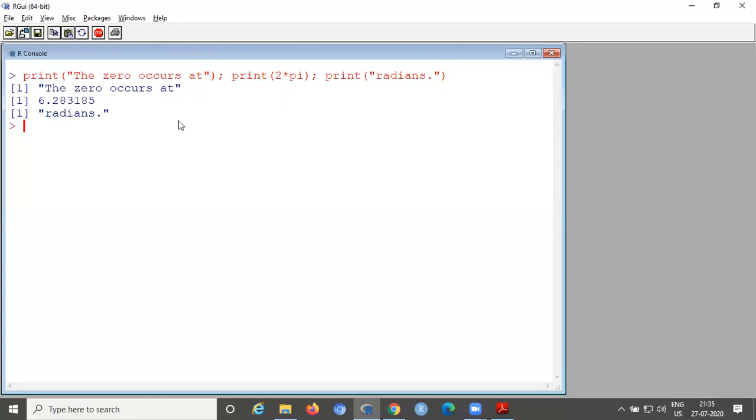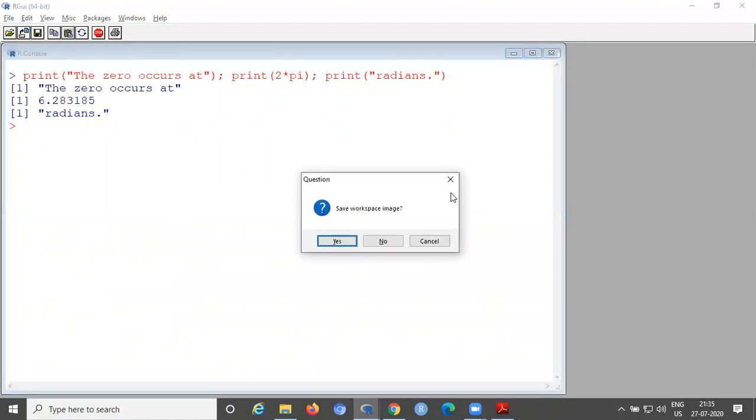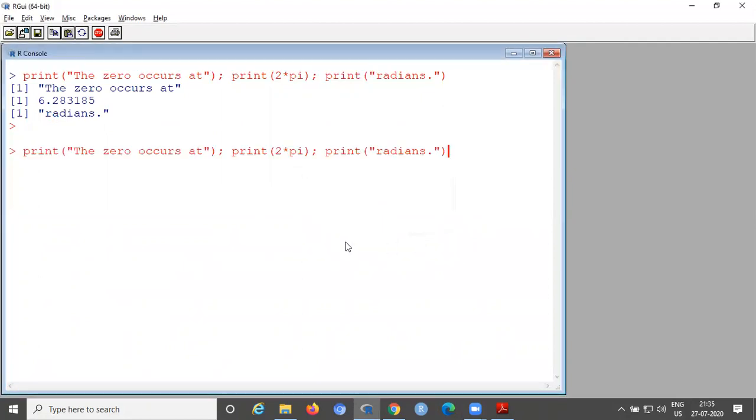To overcome this repetition, we will use the cat function. Now you can see the same using the cat function. For all print statements, don't include print, directly include the print results.